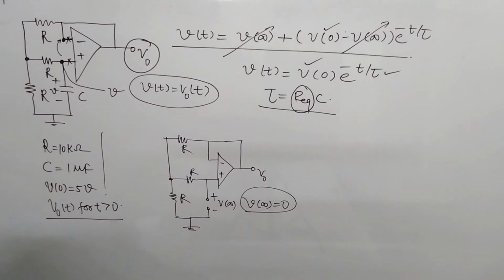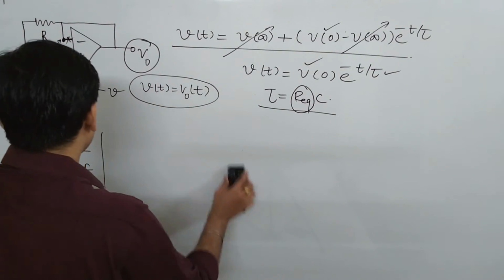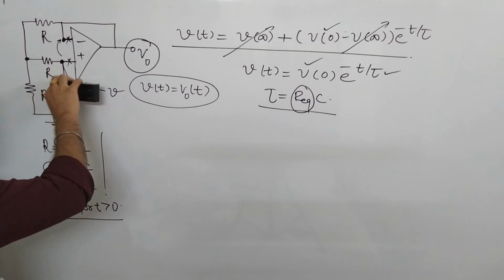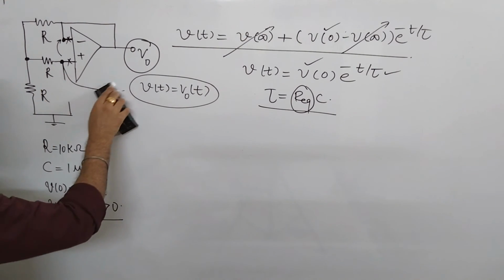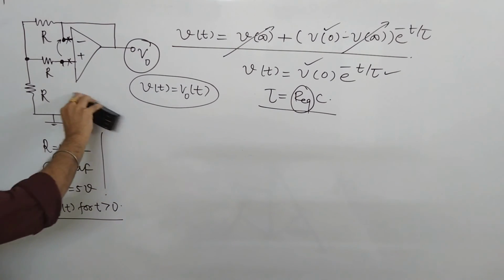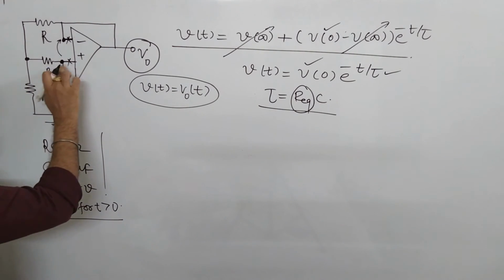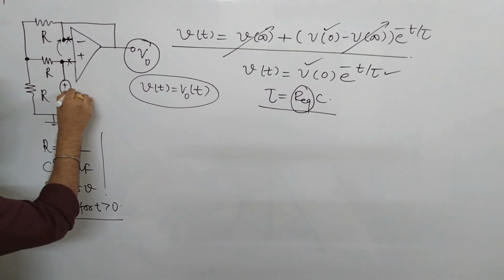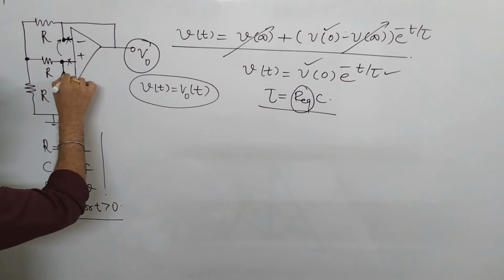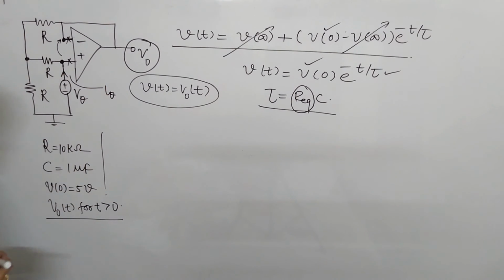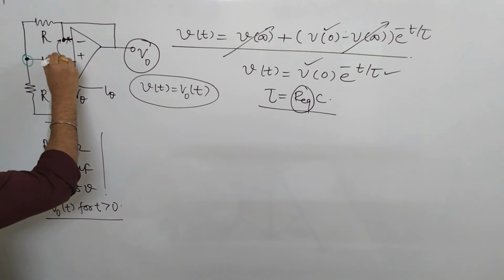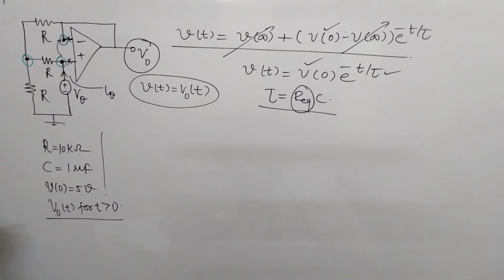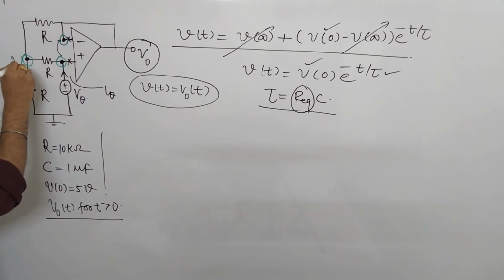So we will find what is R equivalent in this network. For finding R equivalent, we will find it across the capacitor, as I said earlier and as we have seen in our previous sessions. If this is the position where the capacitor was connected, and this current is I theta and the voltage is V theta, then three different nodes are existing here. I'll consider that the voltage here is V1.